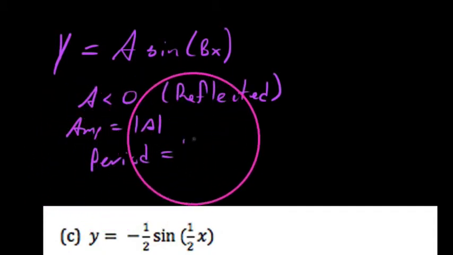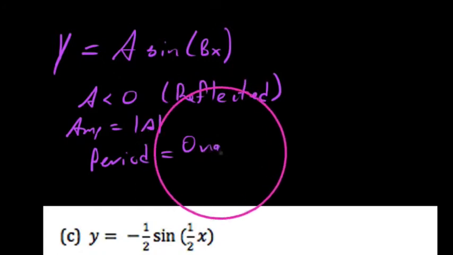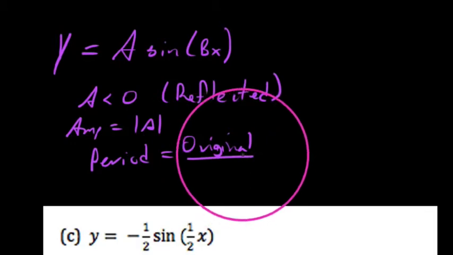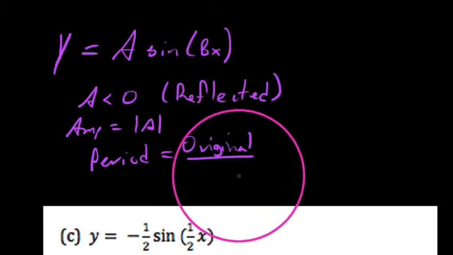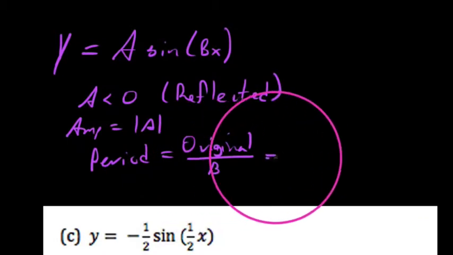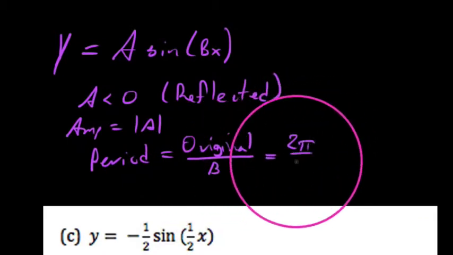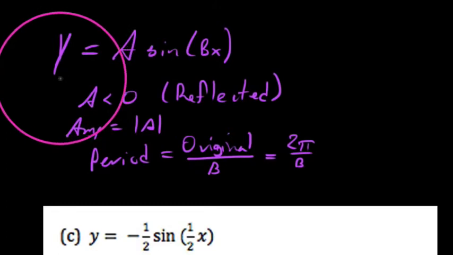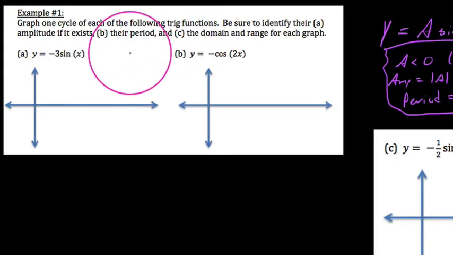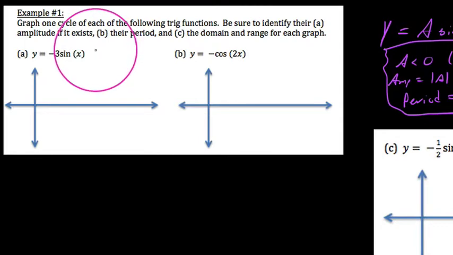Last but not least, we've talked about the period of a graph before. The period is typically the original period. So for example, if it was a sine curve, the original period of a sine graph is 2 pi, whereas the original period of a tangent graph would be just pi. But we say you take that and you divide it by b. So we're going to get, in this instance, 2 pi over b. So I'm just writing these things out to recall them, but also to point out that we should always identify the values of, say, a, b,